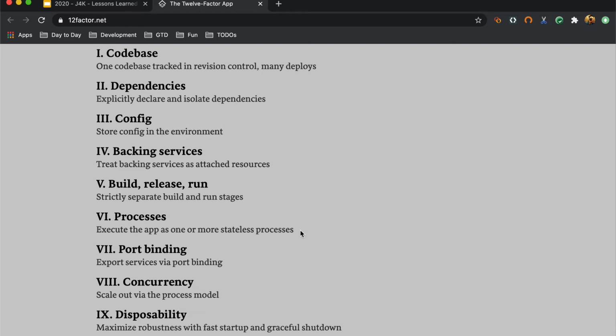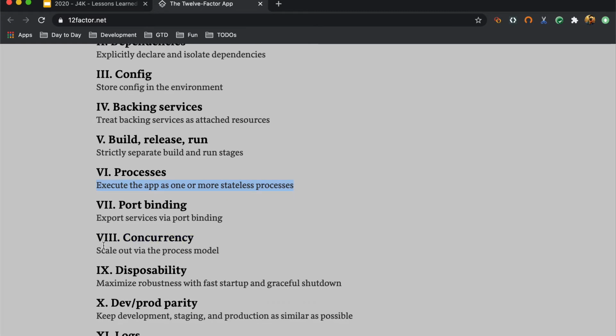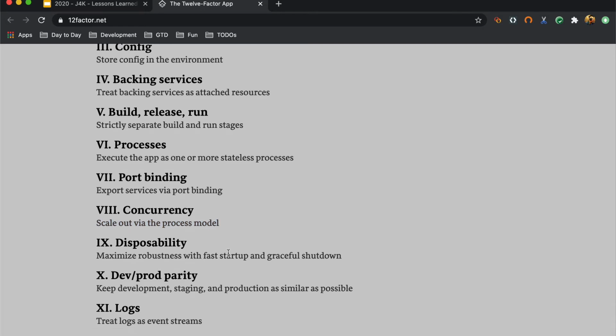Your application or services should be stateless, so that they can be scaled out simply by starting another process. You cannot do this easily with a stateful application. And finally, it should handle graceful shutdown so that it can do the necessary cleanup when the platform indicates that it needs to go away.